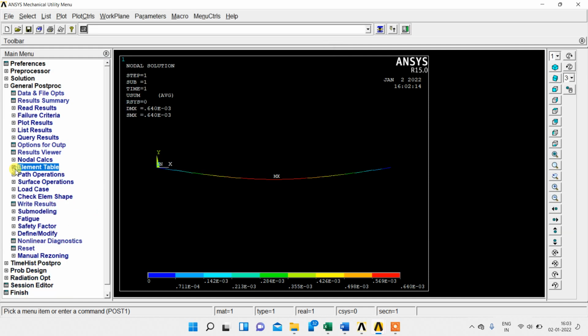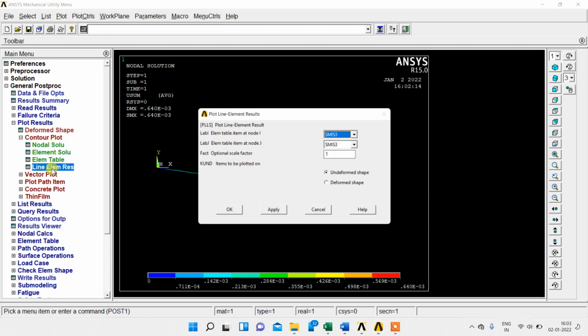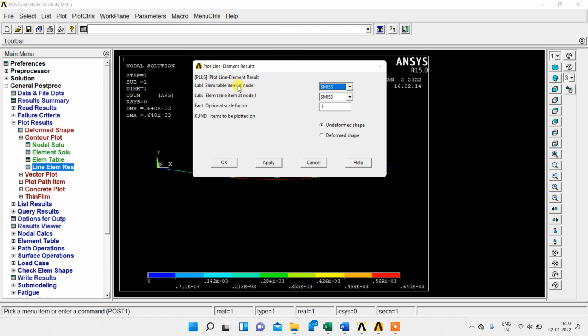Now go to plot results, then contour plot. Under contour plot you can select line element results. For the shear force diagram, a line element has two nodes, node I and node J, so here we give the values for the two nodes. For the element table item at node I, first pick SMISC 6.